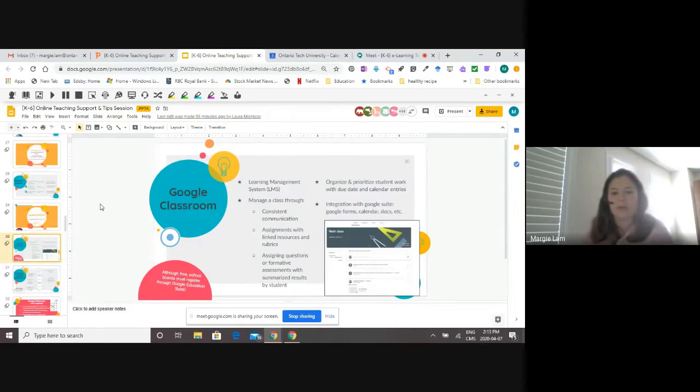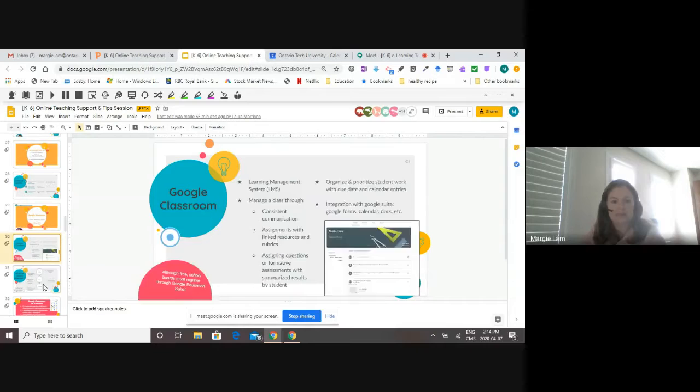Some features about Google Classroom are the fact that it's very easy to use, from my personal opinion, and also for those that are very familiar with the Google Suite apps, it works very similar to other Google Suite apps, and it integrates very nicely with different Google Suites, Google Forms,